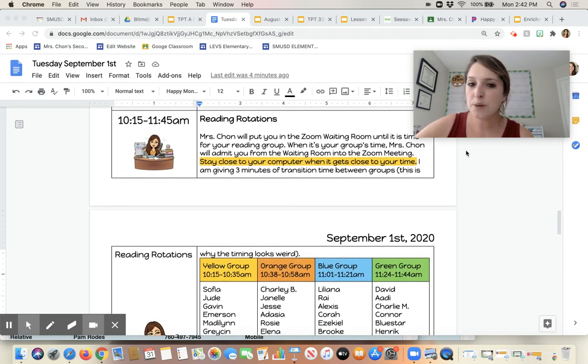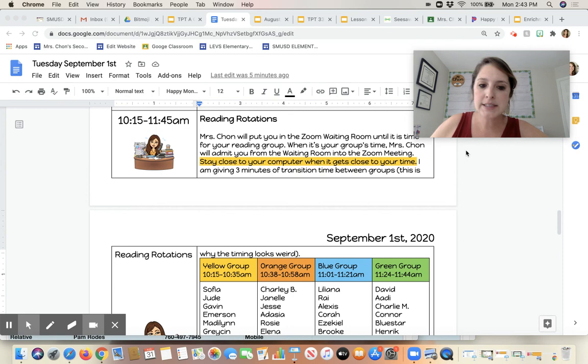We also tried out waiting rooms today. The waiting room is when they first try to log on to Zoom, it puts them in a waiting room, and then I have to admit them in. If not, they just hang out in the waiting room. So anytime throughout the day that I'm having them do an assignment independently, or if we're going on lunch break or anything like that, I am going to put them in the waiting room. Then they're not interacting with each other, but they're also not distracted by each other. So they'll be in a waiting room on and off throughout the day. They're going to be logged on to Zoom the whole day. It's just they're not going to be live the whole day. I'm hoping this works best versus having them log on and off. So I'll keep you updated.